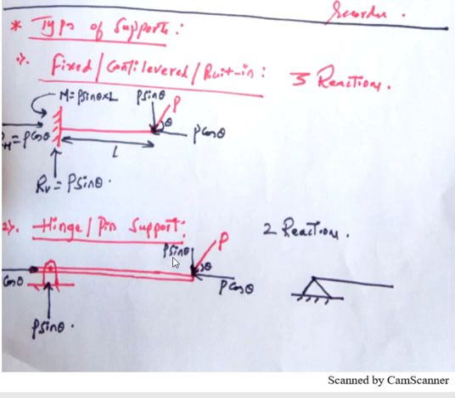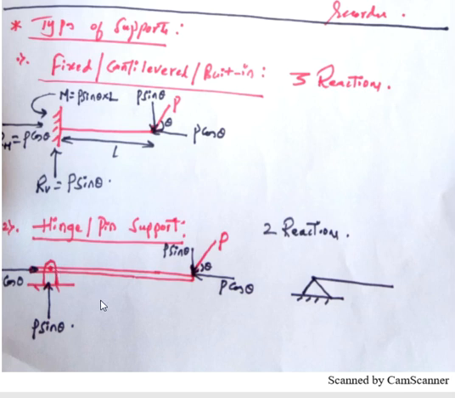Then look at this, it is P sin theta. What this force will try to do is it will try to cut this beam in downward direction. It will try to move the beam in downward direction, but because of the support, the beam is not going in downward direction. So there will be equal and opposite reaction, that is in upward direction there will be a force of P sin theta. But now since there is a pin here, when I apply force P sin theta in vertical direction, and this force will try to bend the beam in downward direction, this will not provide any resistance.